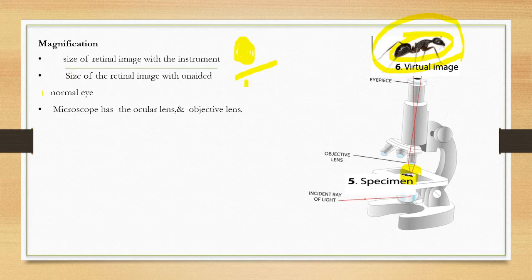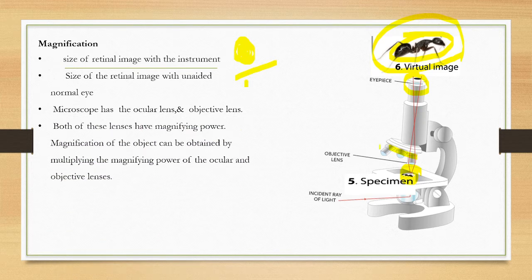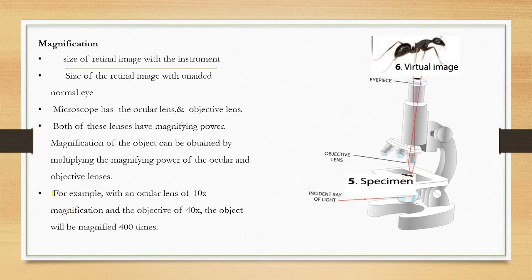Normally the microscope has two lenses. One is called the ocular lens, or the eyepiece, and the other is the objective lens. These lenses have magnifying power, and the magnification of the object can be obtained by multiplying the magnifying power of the ocular and objective lens. So ocular lens and objective lens multiplied give you the magnification. So for example,